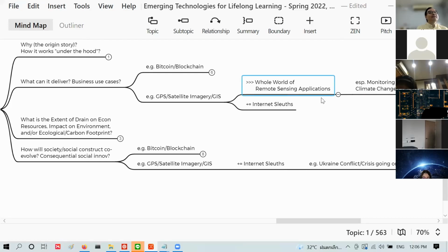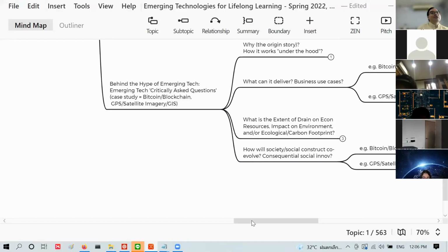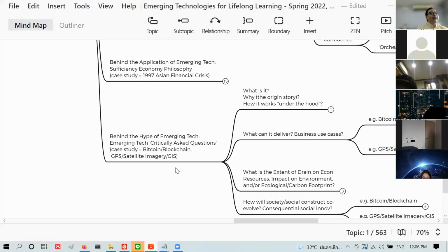And when I say remote sensing, globally, invariably that comes down to satellite imaging, but locally, you can monitor soil moisture using a drone. That would be very local information. So remote doesn't necessarily mean satellite. A drone is considered remote sensing. I could have started this lecture with remote sensing as the technology, but I frame it under this kind of internet sleuthing. I think it makes more sense given what's going on in Ukraine.